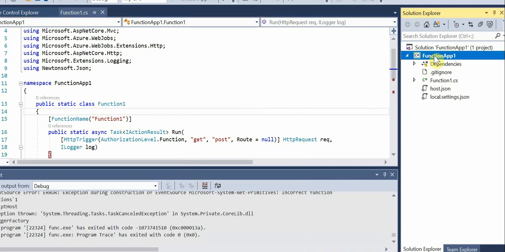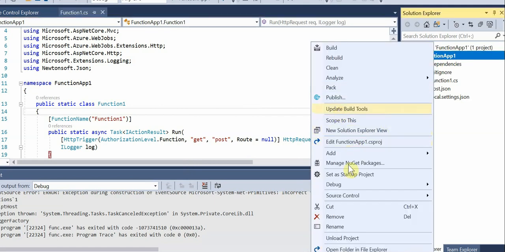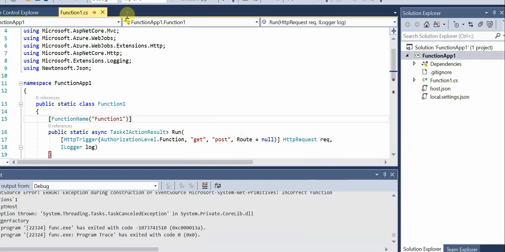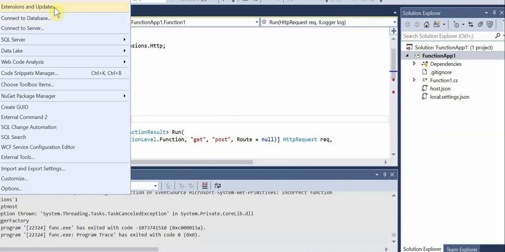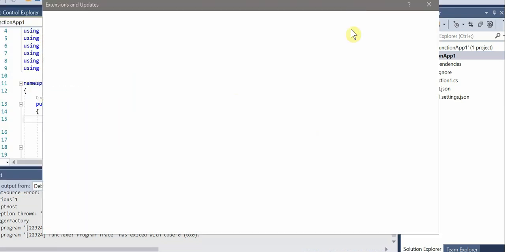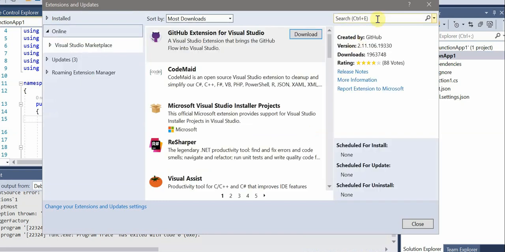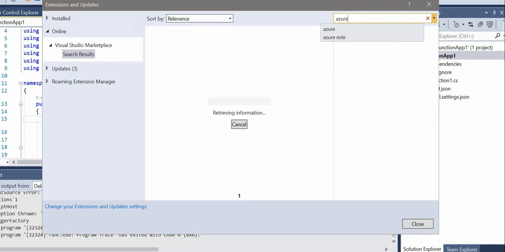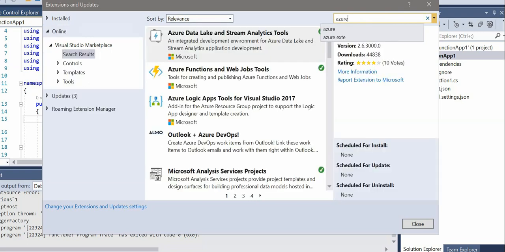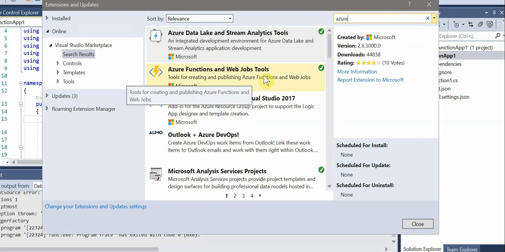To get this extension in your Visual Studio, you need to download one of the extensions from the tools and extension and updates. If you go there, then you need to go to online. I have already installed it on my system, but if it is not there, then you can search over here for Azure and click on this Azure function and web job tool.